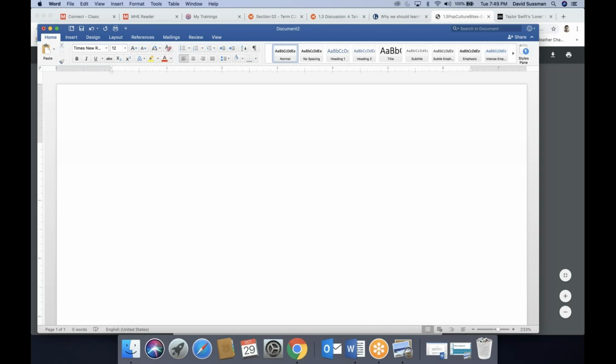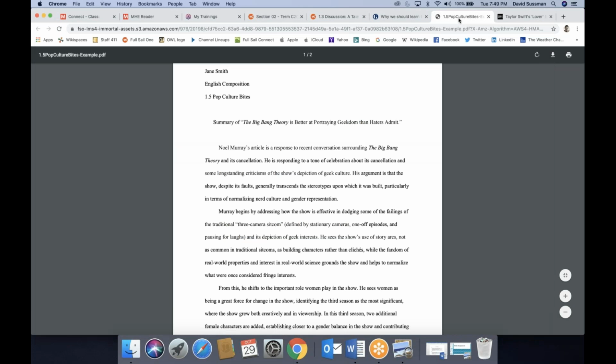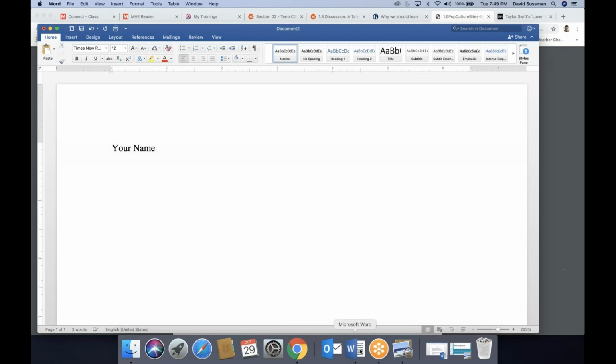And you'll type your name. What else do they have? English composition, and then the name of the activity. Okay. Composition. 0.5.